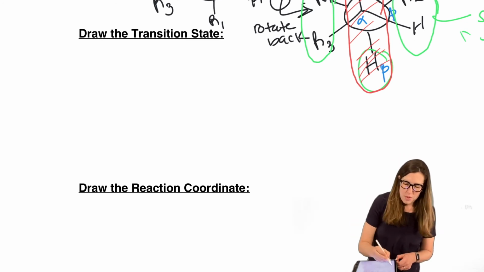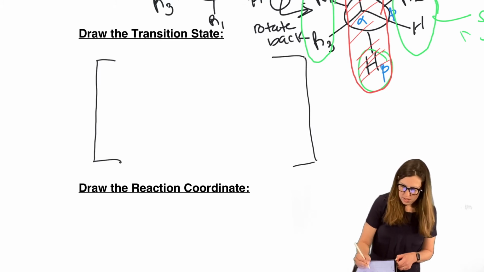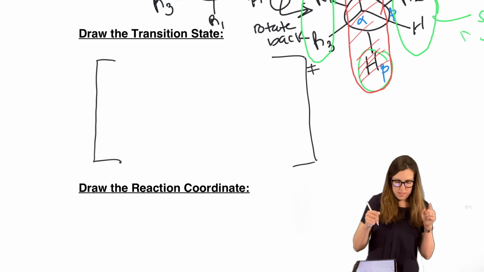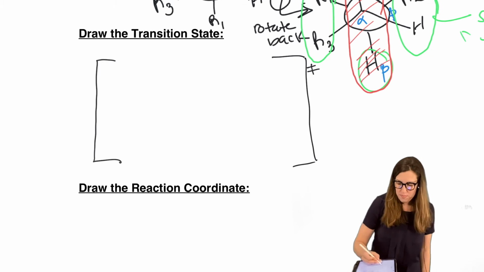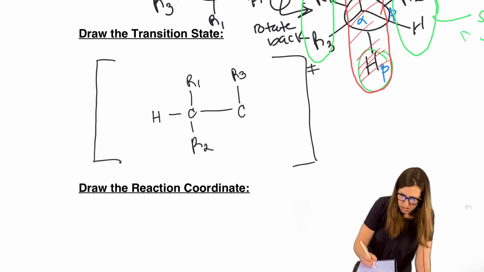Okay, so we've alluded to the fact that this is all a concerted mechanism. That means the transition state will be only one species, right? And so what's going on in the transition state should embody what we see in the mechanism. So I'm going to draw this straightened out just to simplify this a bit. So R1 and R2, here's our, I'm drawing all the sigma bonding framework, R3 and H.